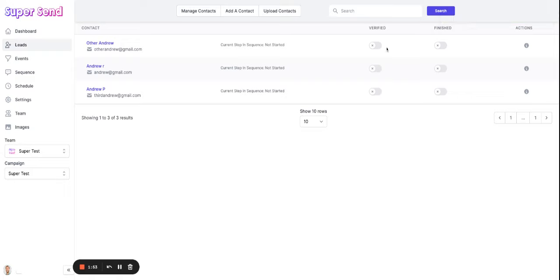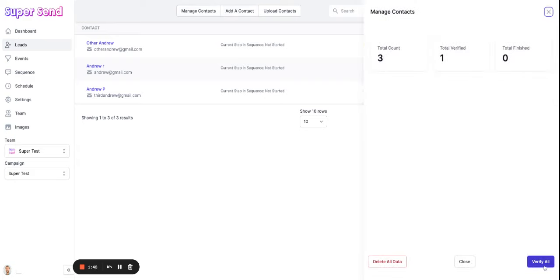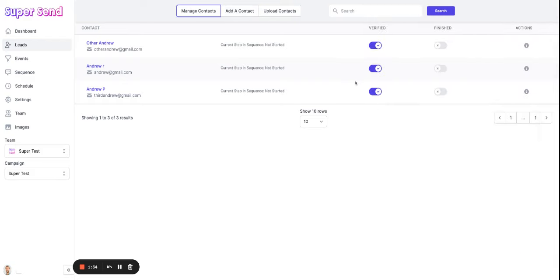This is very important. Each of the leads needs to be verified before you can actually start sending. So you can do that one of two ways. You can click verified here just to make sure the information was imported correctly. Or when you click manage contacts, you can verify all of your leads at the same time. It's just important to go through and make sure that all of the information is correct, especially when using variables